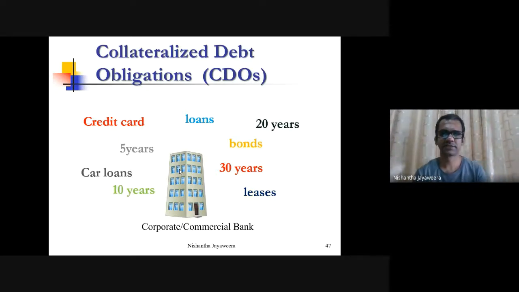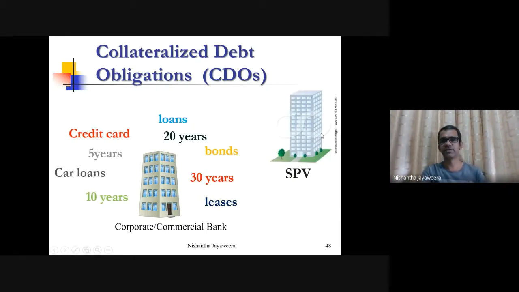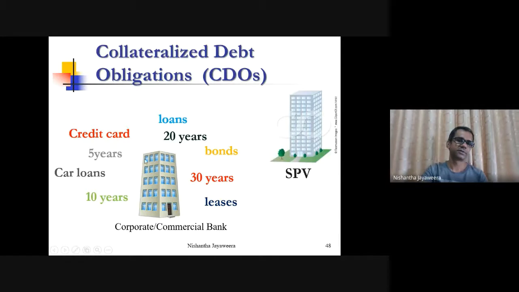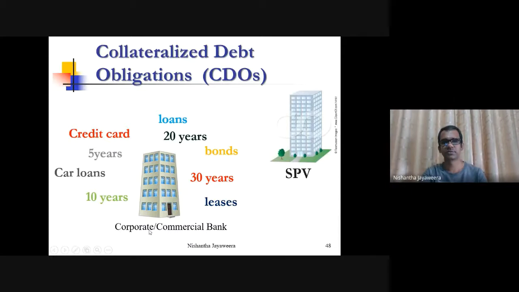What the bank can do is create another entity. We call it the special purpose vehicle. It can be a sort of subordinate of this entity, the originator, the commercial bank,